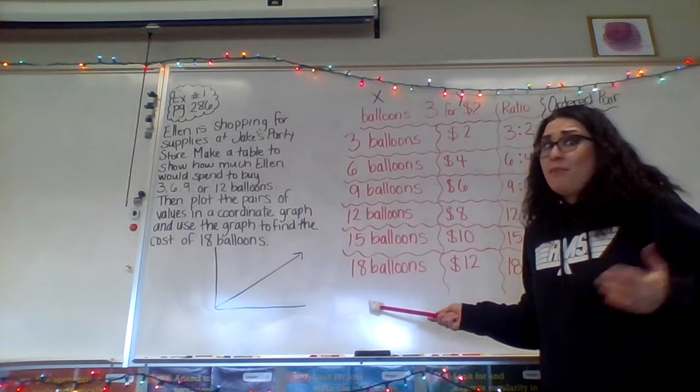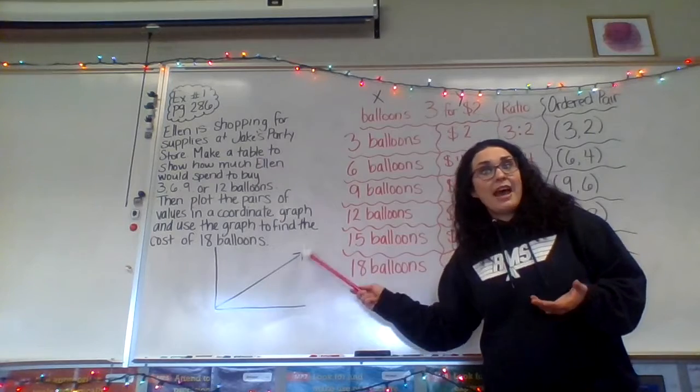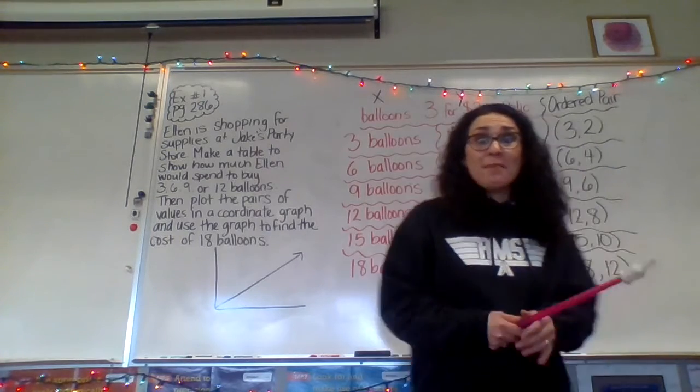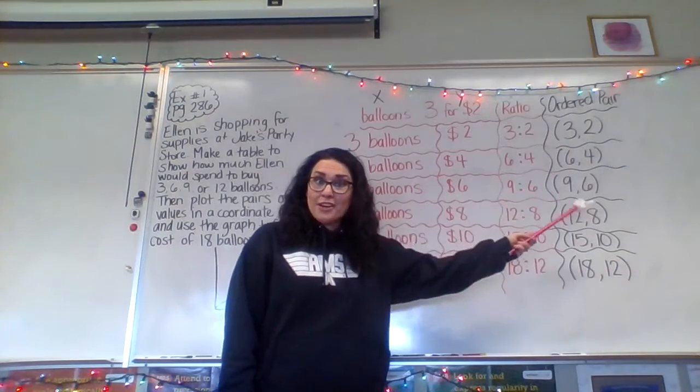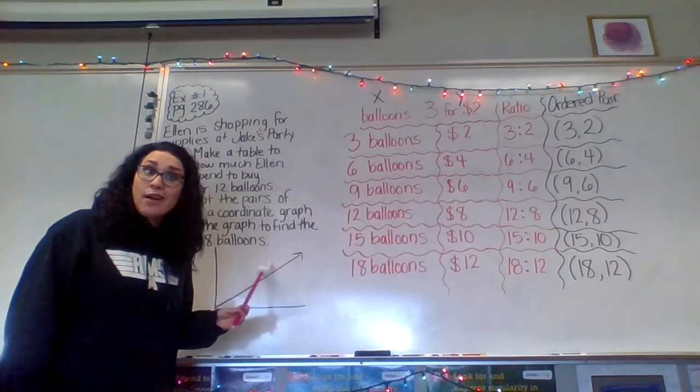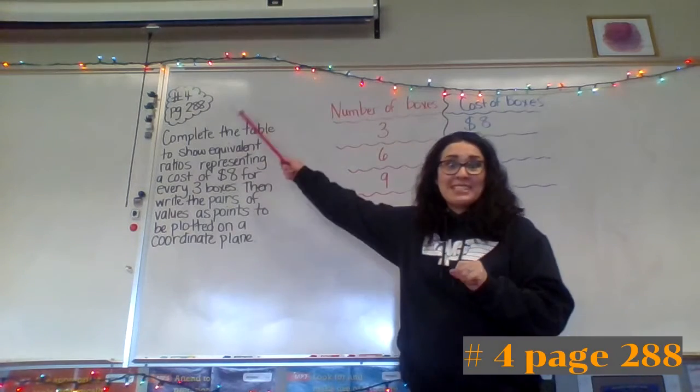So what if I bought 51 balloons? How much would that cost? I'd be able to use my graph to figure that out. So my friends, again, we are able to turn a ratio into ordered pairs that can then be graphed on a coordinate graph. All right, so the next one that we're going to be looking at is number 4 on